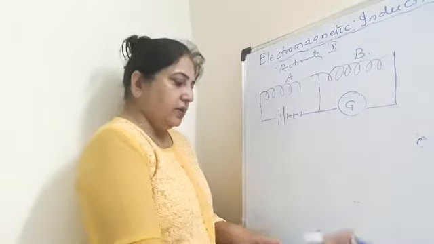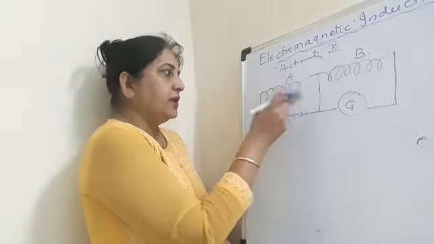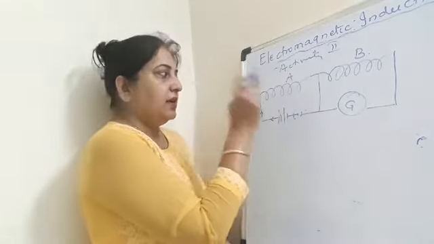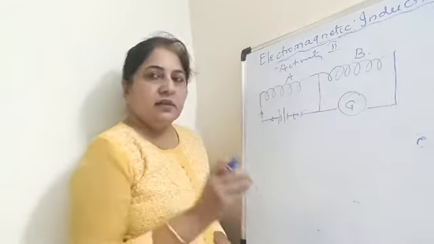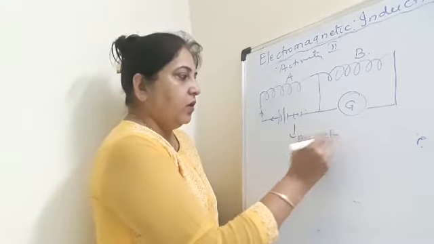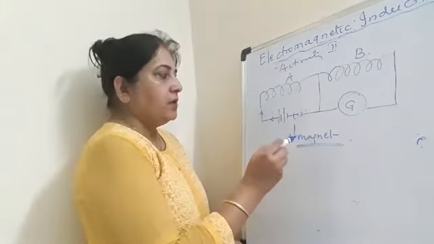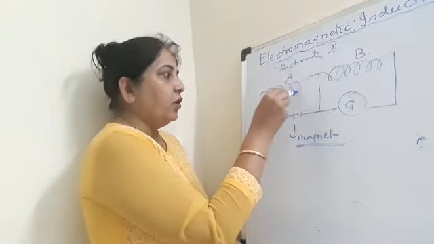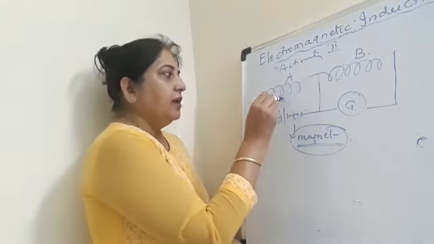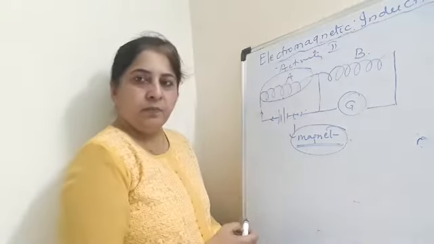Now what we are doing is, we supply the current. When the connections are complete, the current will flow in this coil. And you know that this is a conductor, so a current carrying conductor behaves like a magnet. All these topics we have completed in the previous videos. So a current carrying coil will behave like a magnet, and definitely this coil, which is behaving like a magnet, will have a magnetic field around it. Right?